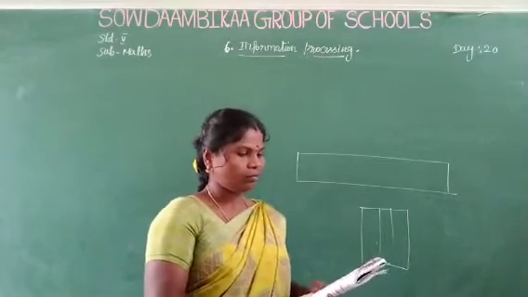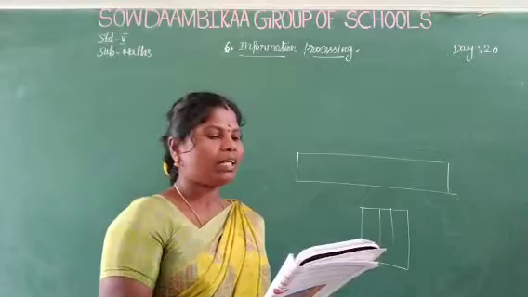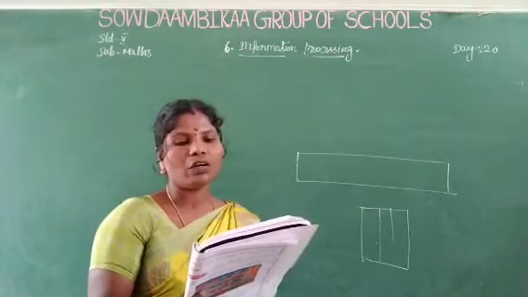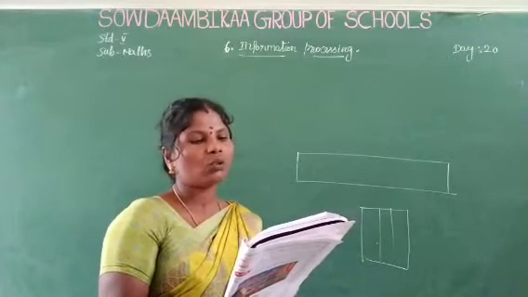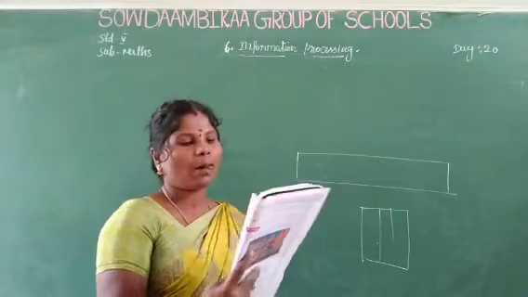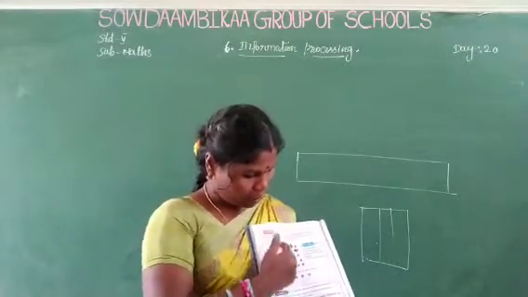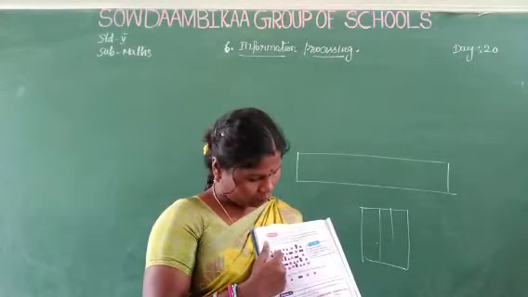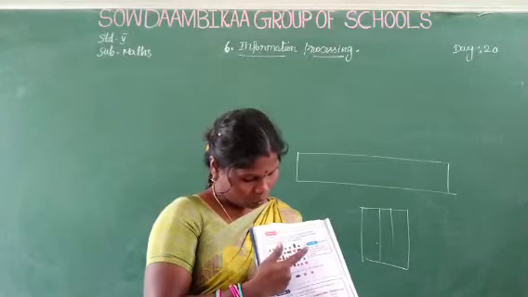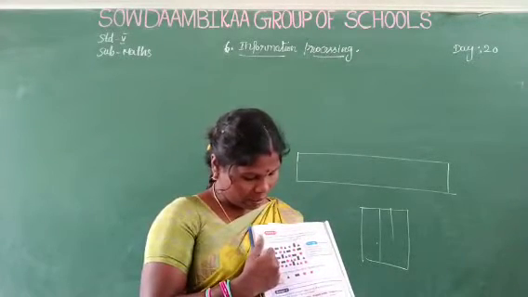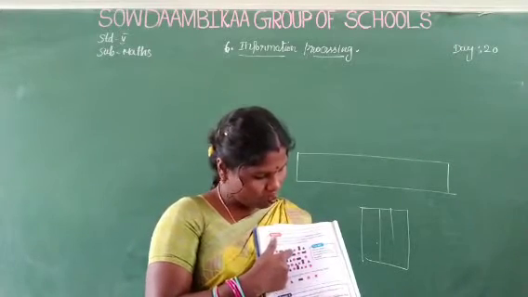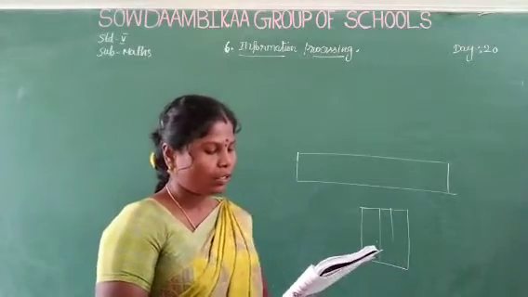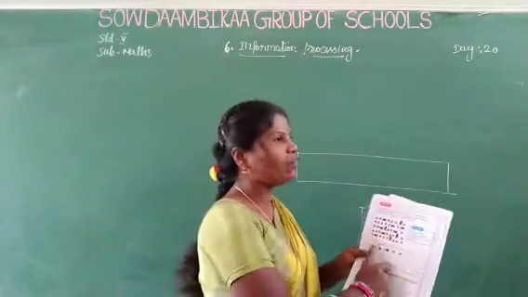Next, take the page number 86. See the activity. First one. In a sports day celebration, the 5th standard students were given a competition of collecting mathematical shapes. Sakuntala Devi team won the competition. Now see the picture. Triangle, circle, rectangle, square. Can you make a rectangle using the triangle taken from your square? Now let us count the shapes collected by the winning team.